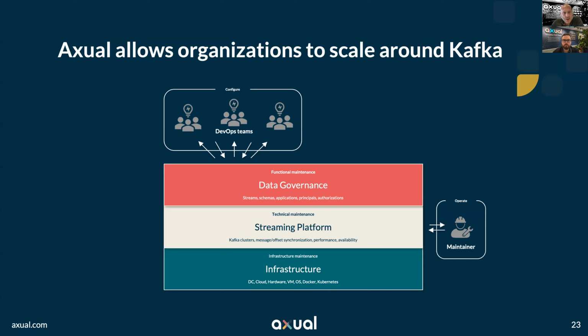That person would log in, register their application, and then look in the topic catalog and find out what topics are there to access. They can then request access to a topic either as a producer or as a consumer. And as soon as that is done, the data owner will get a notification: somebody wants to access your data. Do you agree? Do you deny? And if you agree, then the access is granted on Kafka right away. So there is an interaction played between the application owner and the data owner, and the data owner still has full control of who gets to produce and consume on that topic.